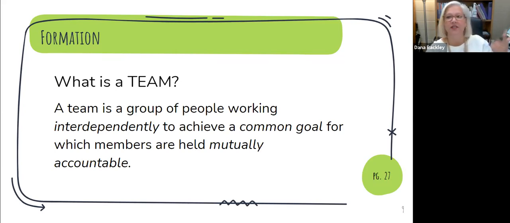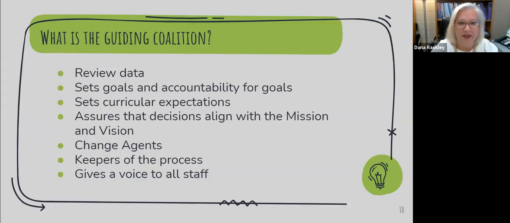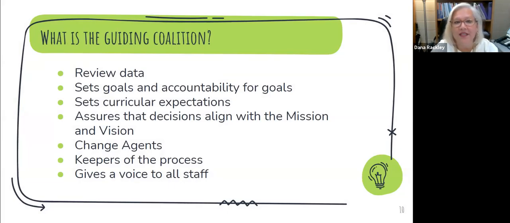You have to have your entire kindergarten team working together. You depend on one another to make everything happen. And your common goal, which is growth and development of those students, and you're mutually accountable. You can't just say, oh, well, those are her kids, these are my kids. No, we are mutually accountable for every single one of those kindergartners. They're ours.